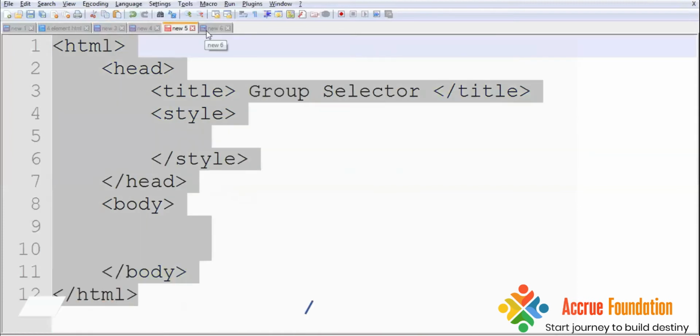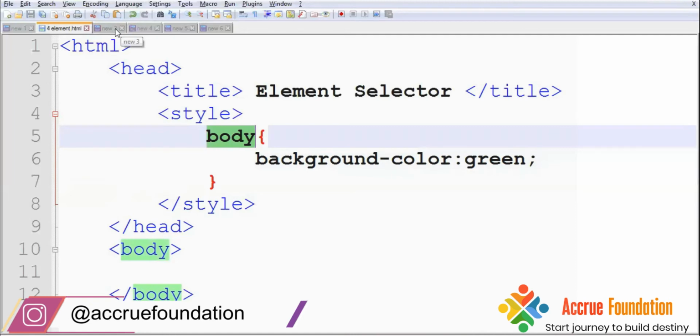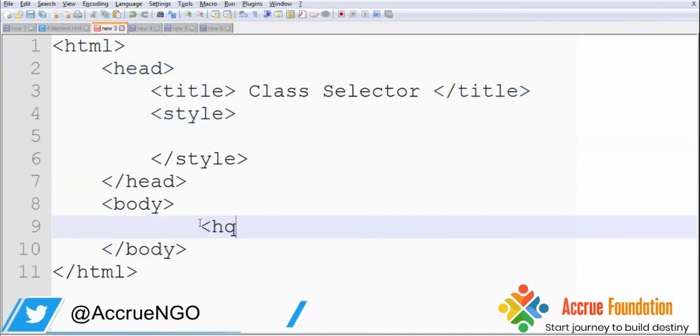How can we give it? For example, let's add multiple elements.